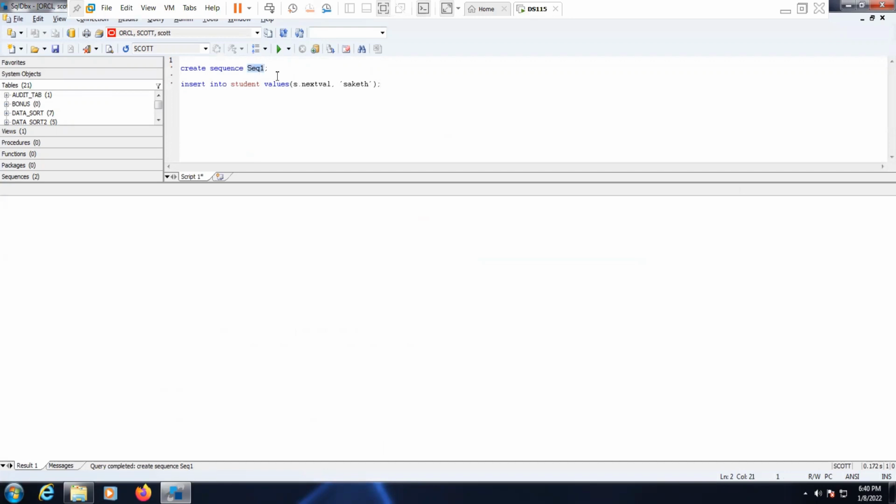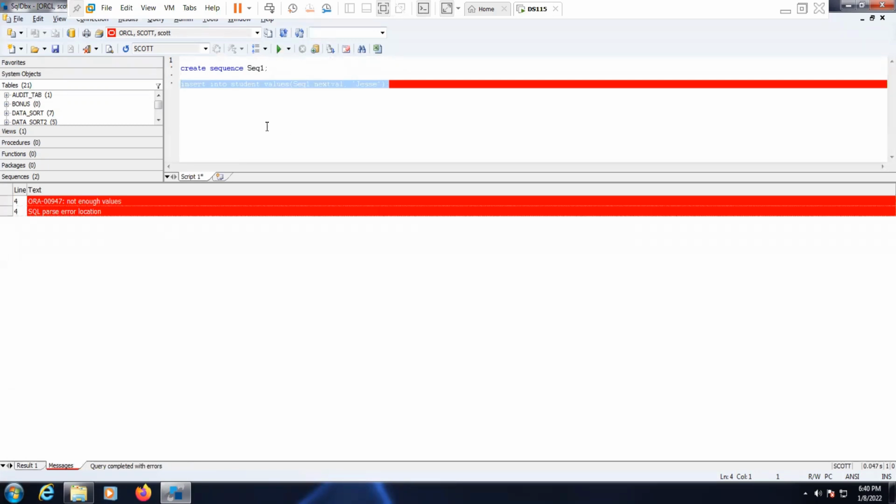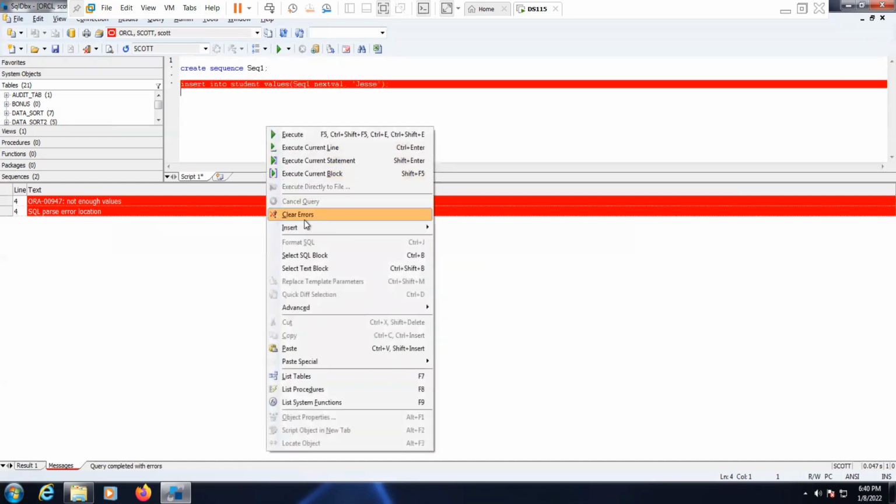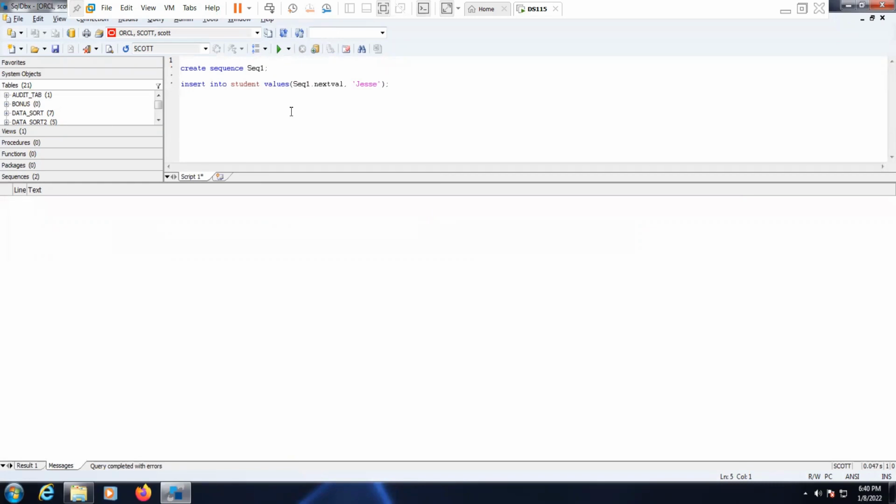We have to give this name while inserting the data. Let's see. Execute this statement. Not enough values. Something is the issue.